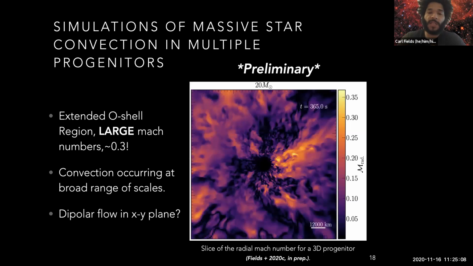So one of the next models that we have is the 20 solar mass model, which I'm showing here. This is an XY slice of the 20 solar mass model, 365 seconds from the start of the simulation, which is I think about 200 or 300 seconds before core collapse. We're showing the radial Mach number, at least I think that's what's plotted. I have the pictures from Zoom over the axis, but it's large and it's very asymmetric, and that's something that we're excited about for this model: we're seeing very large Mach numbers, which could have very large implications for the gravitational wave emission and so on at later times.